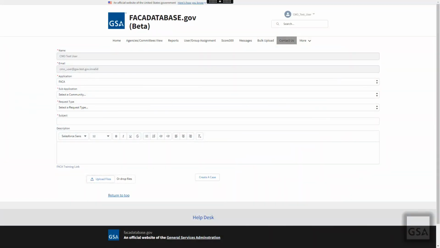For technical assistance, the Contact Us page has an easy-to-use contact form and is the preferred method for contacting the FACA help desk. The form will automatically fill in your contact details as well as the application name, in this case, FACA. Complete the required items to submit your request. If you have any screenshots or other helpful files, they can be attached as well. You may also reach this page by clicking the Help Desk link found at the bottom of every page and on the login page. For questions, you can either use the contact form, preferred, or email